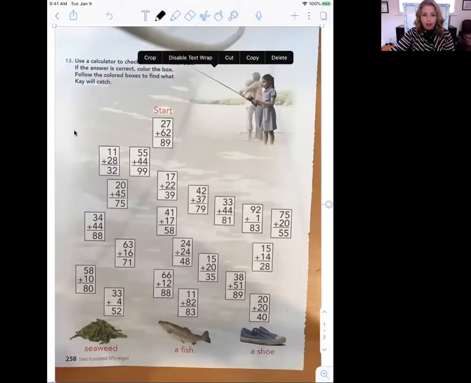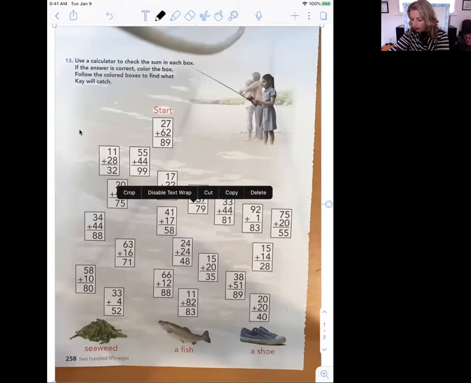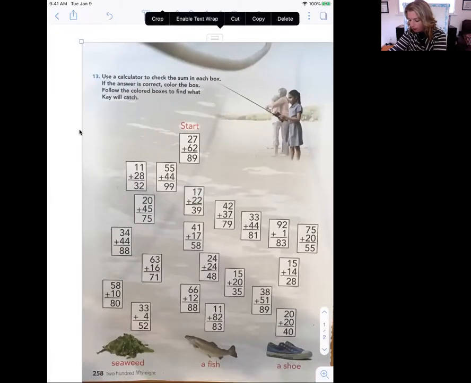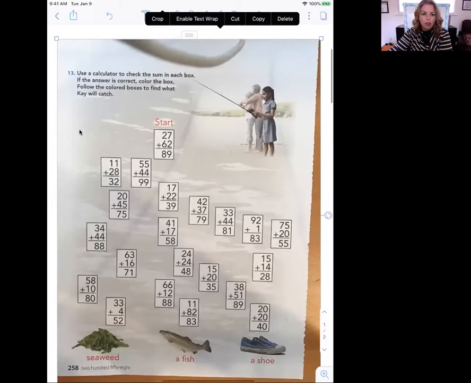Hi, okay, we are back. Hopefully you have finished the front with your calculator. We're gonna turn it over to the back of our worksheet. Let me go ahead and share my screen so you can see what I'm doing on your paper. There we are. Okay, so with all of these problems here, number 13, it says,